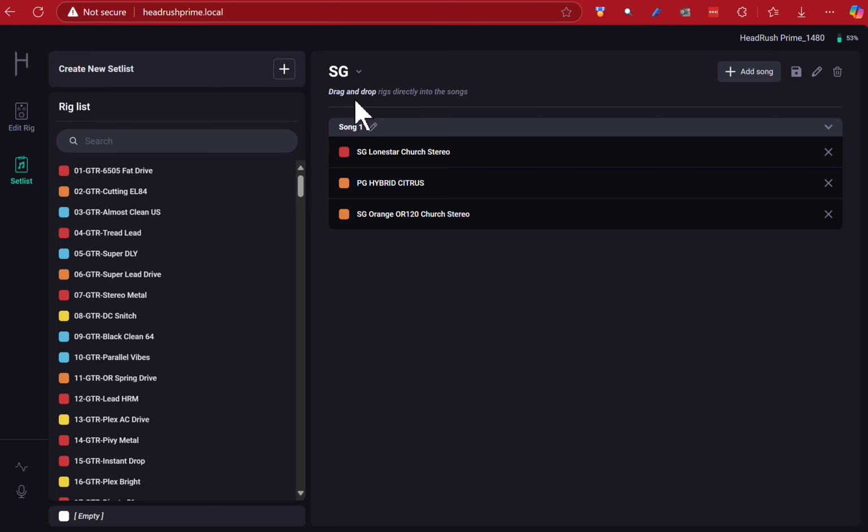So that's how I manage rig names and set lists inside of the Prime,